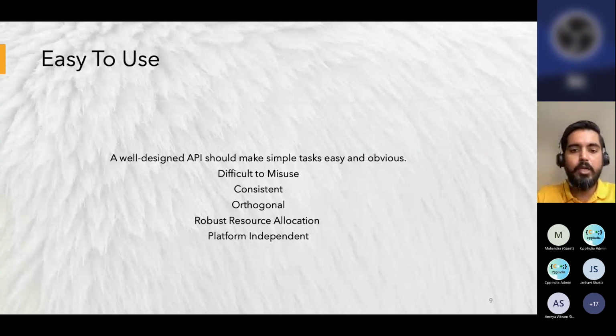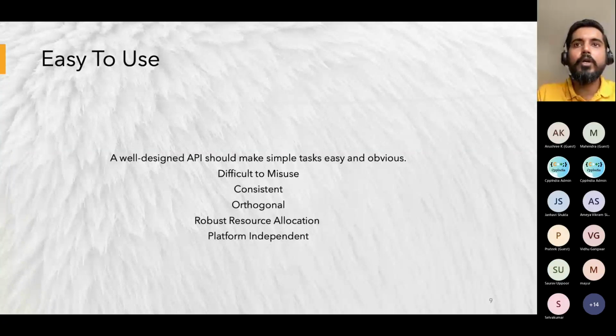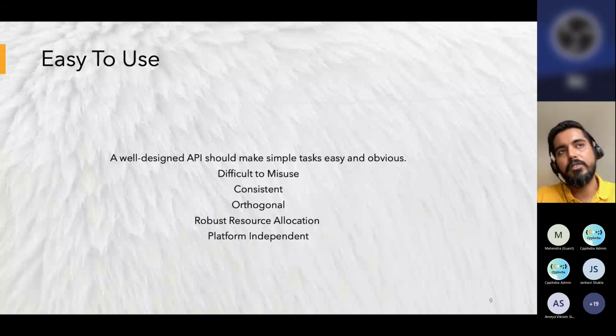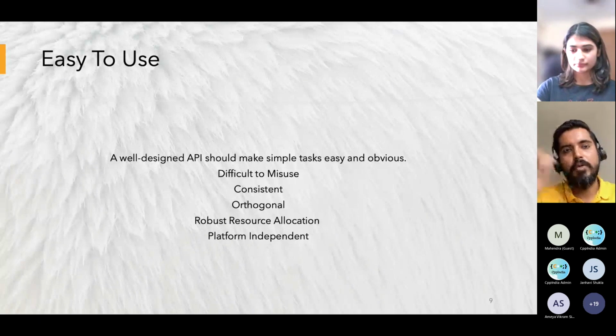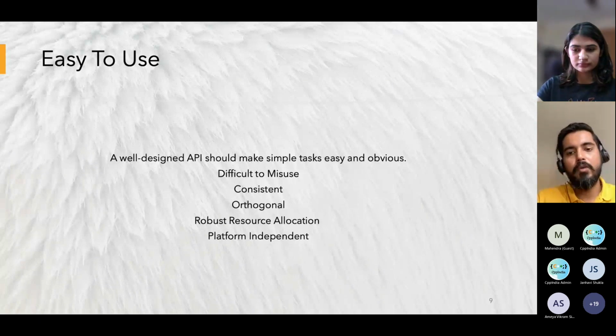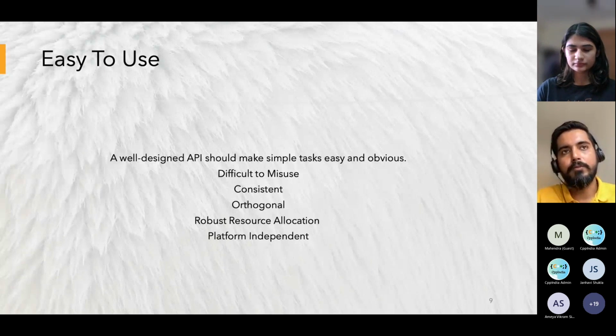For example, if your API is taking some parameter, like connect to server 1, server 2, server 3, and you are having an integer value in your API to know which server it has to connect to, prefer enums over integers.